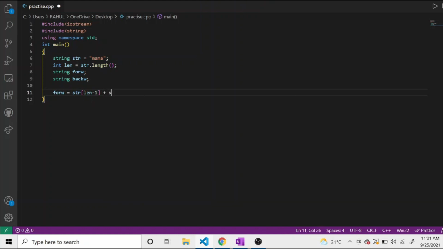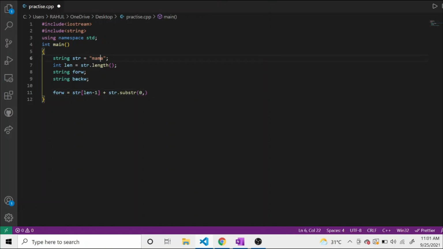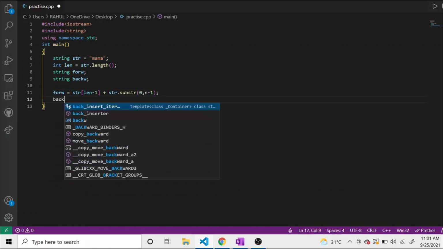For that we use the str.substring function, taking all the elements from 0 till n minus 2. So the second argument will be n minus 1, because we don't have to take the last element; n minus 1 is not included, and all the elements before it are included. In this way the forward string will be calculated.